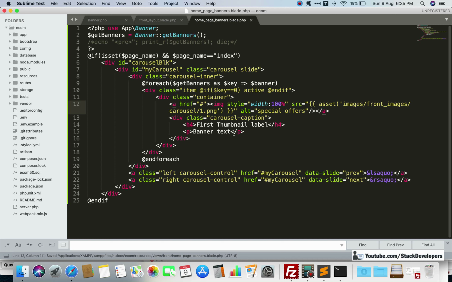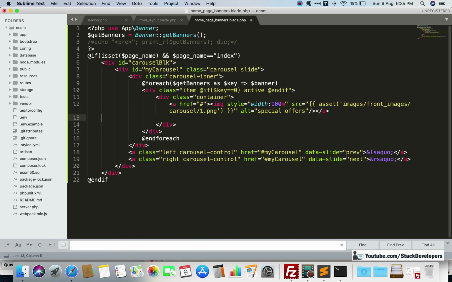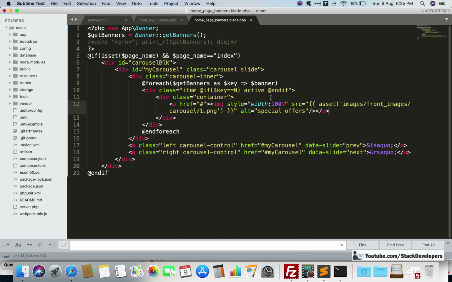Now the other part of the banner. See, the same banner will repeat again and again, and this part is not required. This one we can remove. This unwanted code we can remove here. And now we are left with the image and title and link. Also we are going to add the alt tag there. So here we will correct the path. In place of front, we will add the banner images.